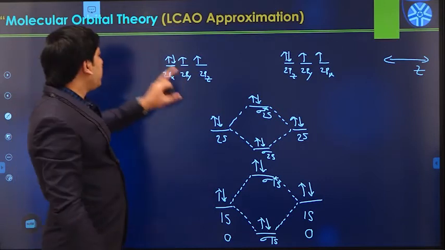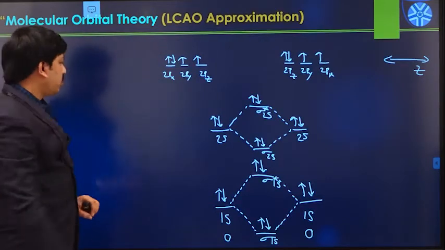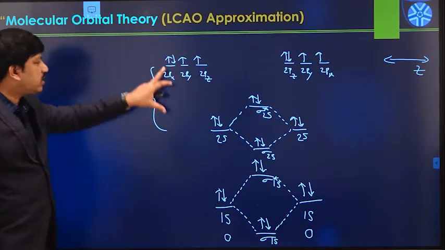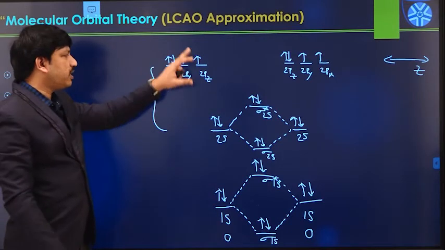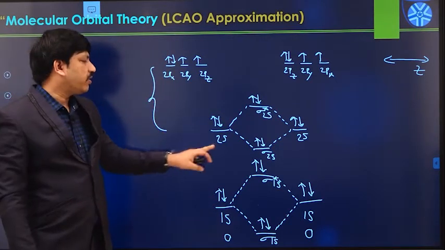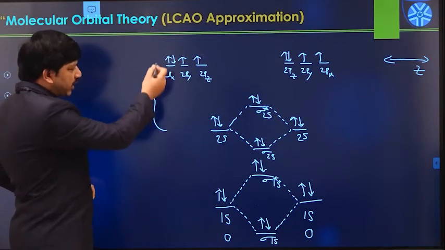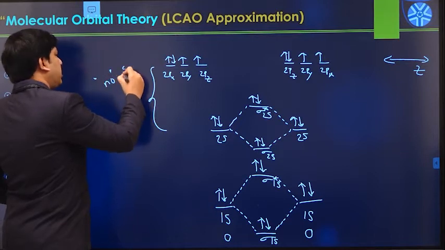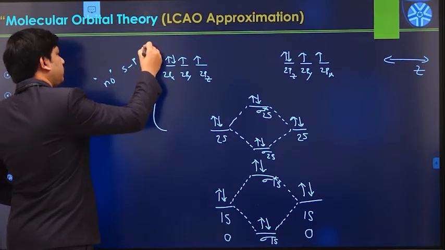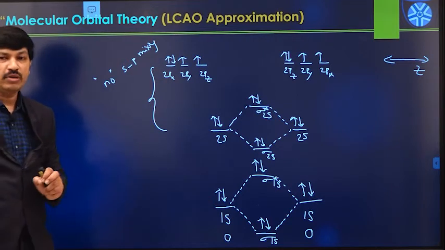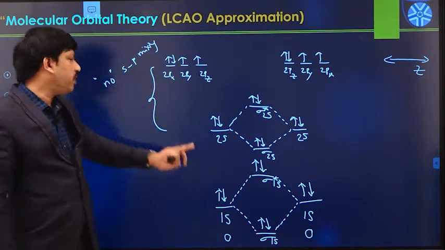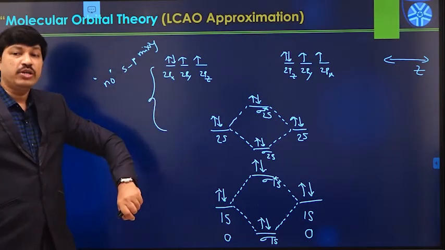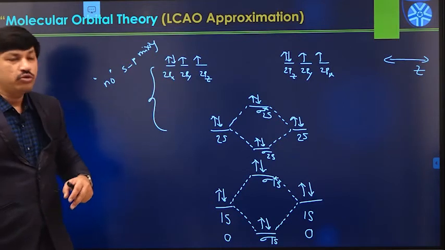Now the question is, in the case of oxygen molecule, there is a huge energy gap between the 2s and 2p orbitals because of the more number of electrons available in the 2p orbitals and 2 electrons available in the 2s orbitals. Due to this huge energy gap between them, in this case there is no sp mixing. If there is no sp mixing between the 2s and 2p orbitals, first of all we have a sigma 2pz orbital, then we have pi 2py, pi 2px orbitals.